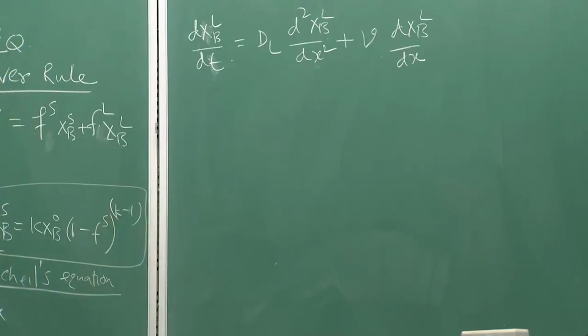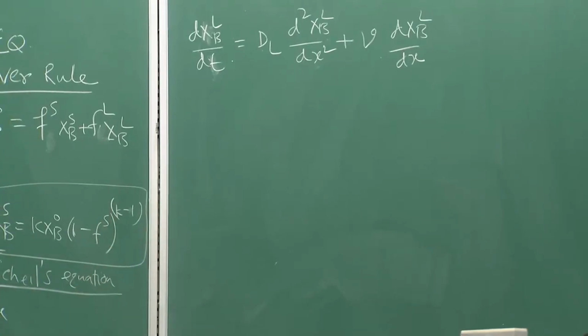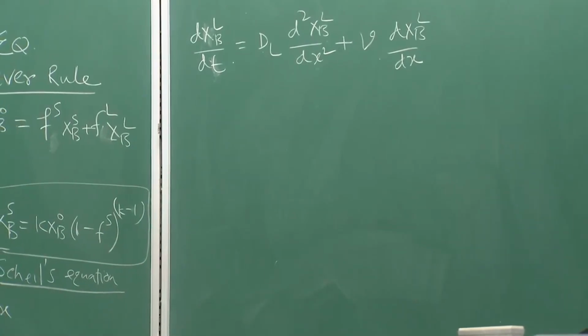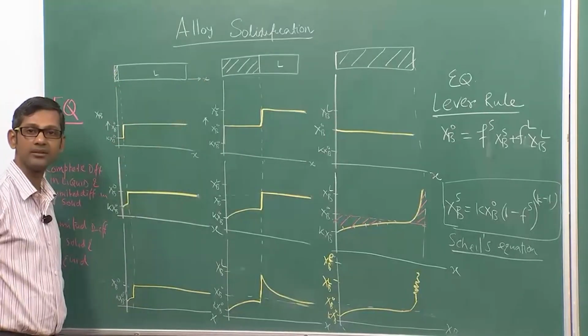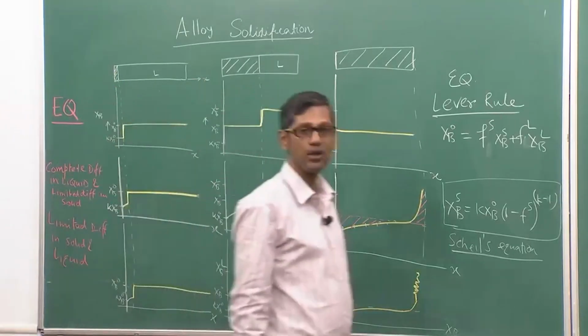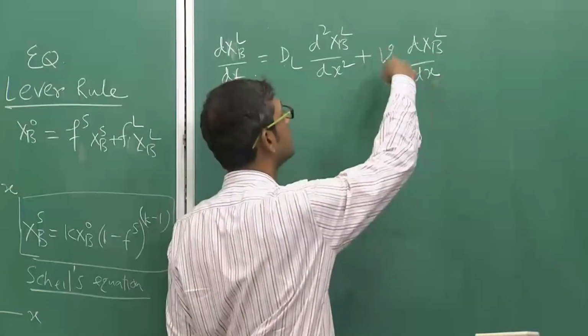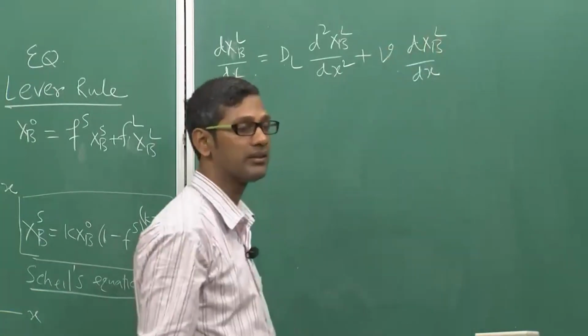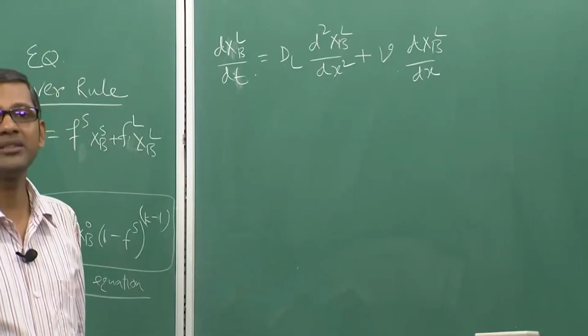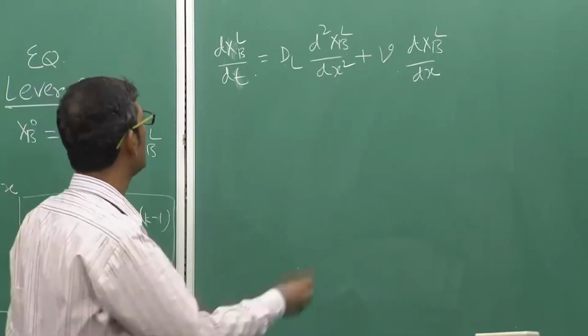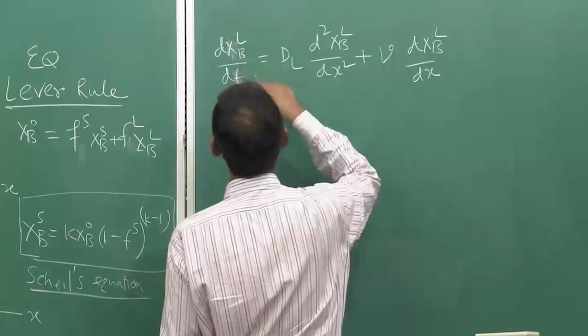That has to be built in here because the interface is moving, it is not a stationary interface. As you see here, as you start solidifying, this interface is slowly moving from the left to the right. So, this interface movement will also change the solute balance, that is taken care of in this part. Okay, so the first thing one can do is assume steady state. So, we can write dXL/dt = 0,